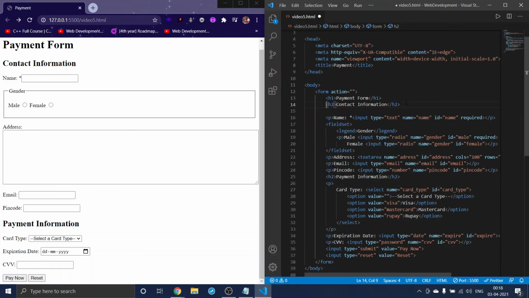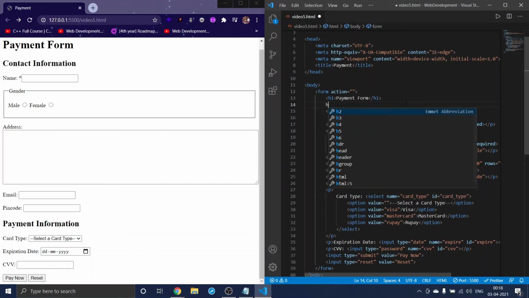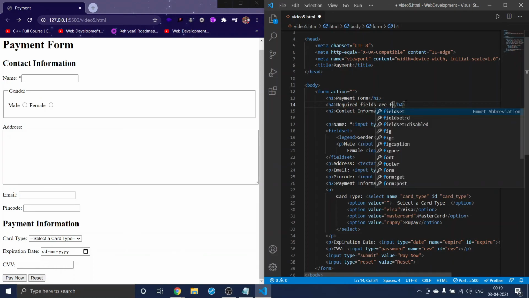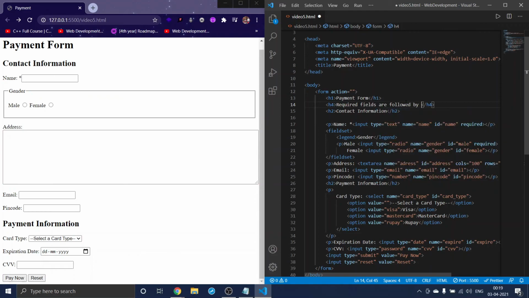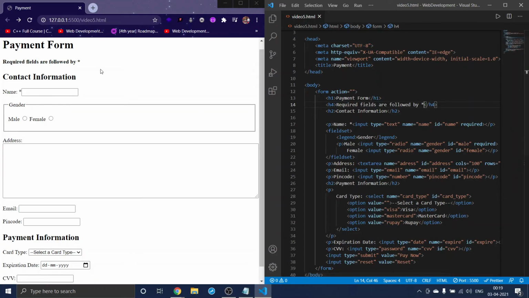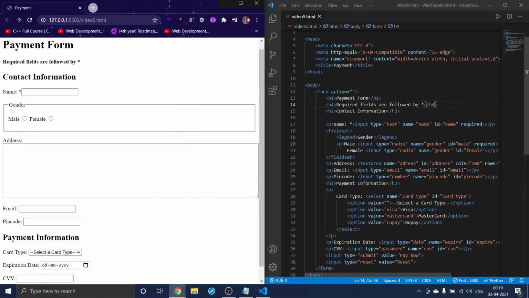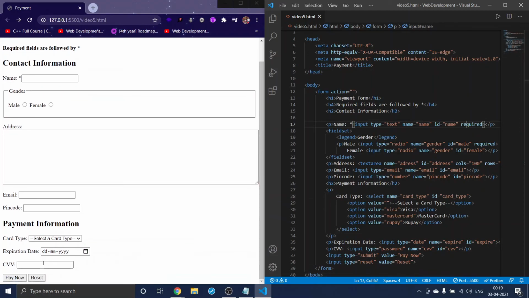What we will do is, we will give an h4 here which says required fields are followed by an asterisk, which means the star. When you save this, you will see this required fields are followed by star, and when a user reads this and he sees this, he needs to fill this form because of this required attribute. And if you want, you can add this required attribute to everything here.